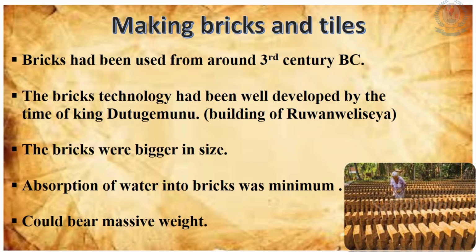The evidence reveals that bricks had been used in Sri Lanka from around the 3rd century BC. The brick technology had been very developed by the time of King Dutugemunu. Huge constructions like Ruwanvelisaya Dagoba were done using bricks. It's said that the king called the brick producers and selected the one who made the strongest bricks for